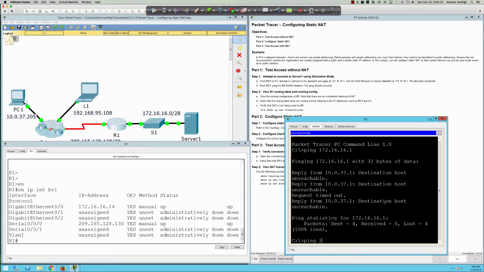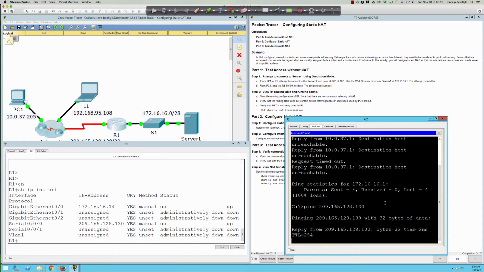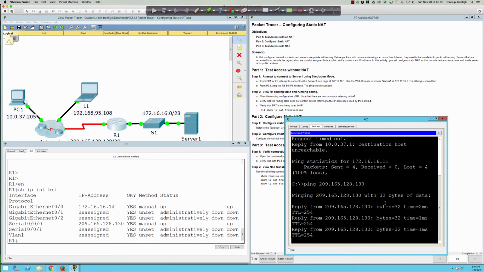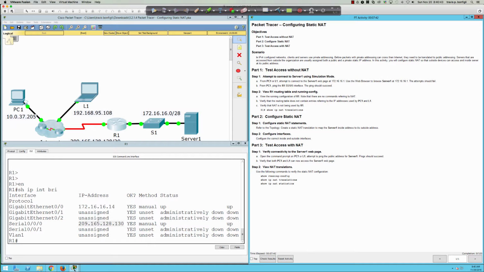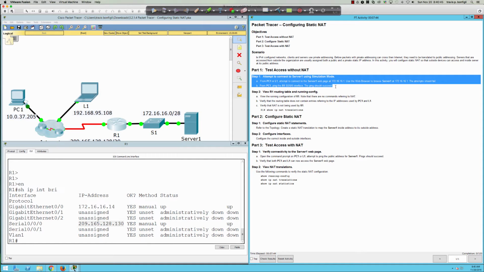So let's go ahead and say ping 209.165.128.130. And as you can see, we do have connectivity to that .130 address. And again, because this is a publicly routable block of addresses. Okay, so we've done step 1, right? We've checked to make sure that the pings don't work to the server, but do work to that outside interface